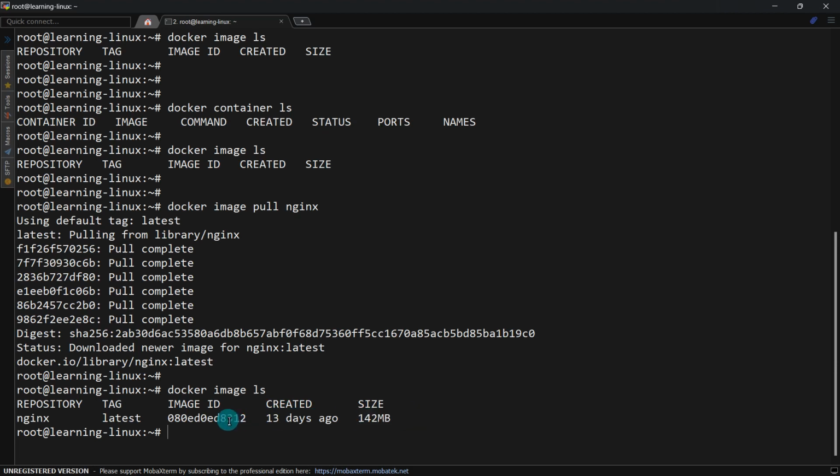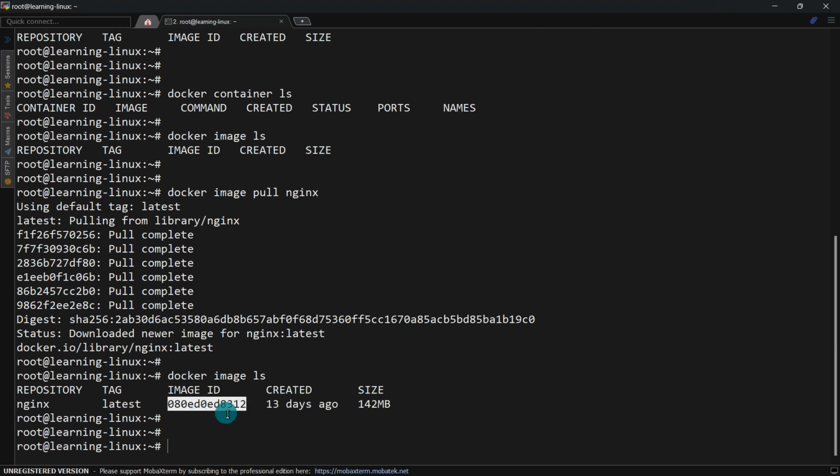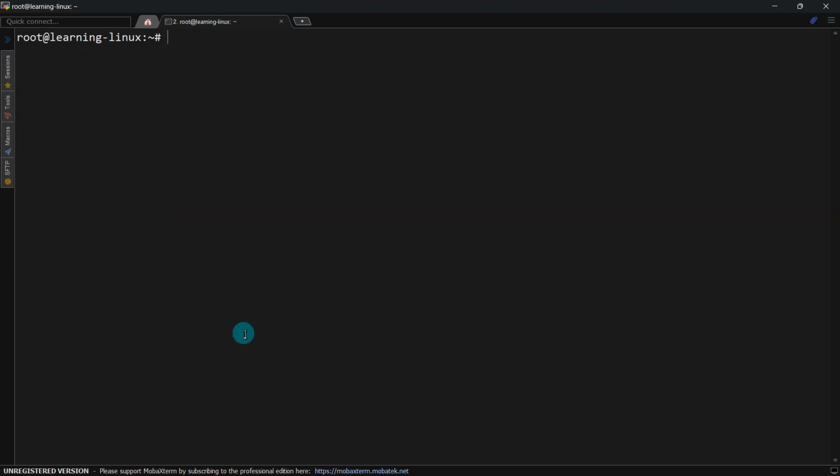Okay, so each and every image will have an ID associated with it for its uniqueness. That is one thing, and this will come directly from the Docker Hub. We don't have any control over it. Okay, now we have just seen how we can download an image at our end and how to see that image on the system. Now if I talk about a container,